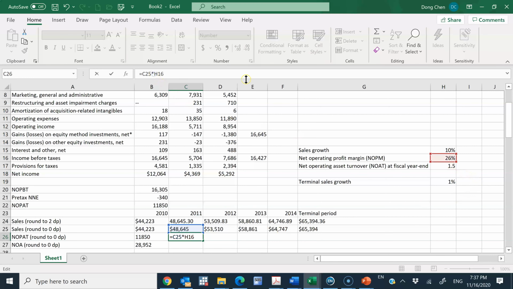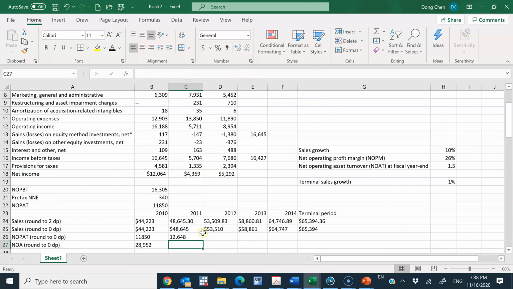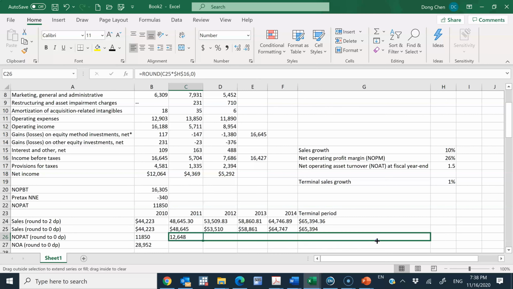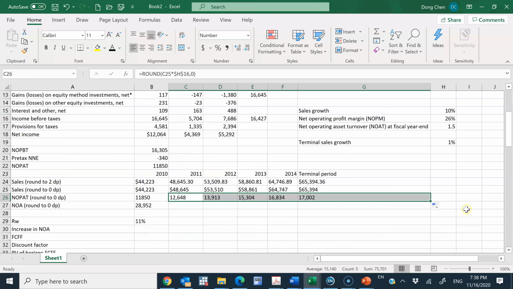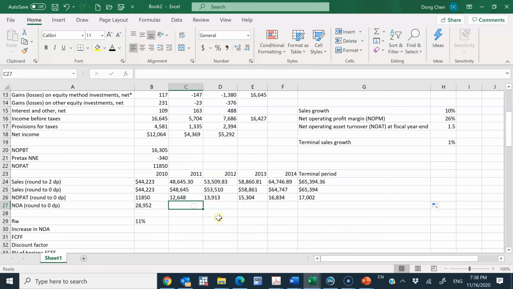But for NOPM, I want to fix the cell. And here I want to keep 0 decimal place, also using the round function. So now I can pull the cell to the other years. All right, so NOA